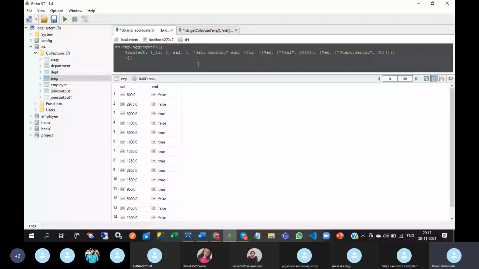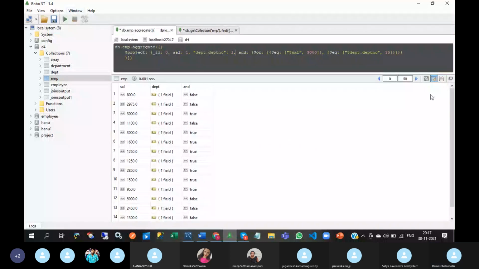See this here, the meaning is, I want true either if salary is 3000 or department number is 30.